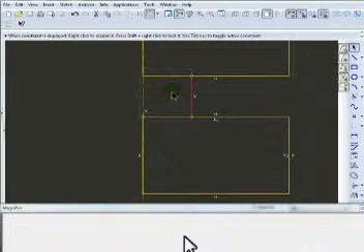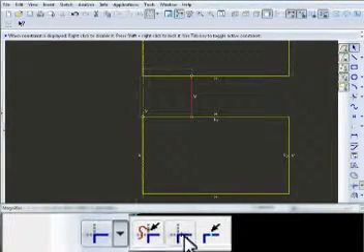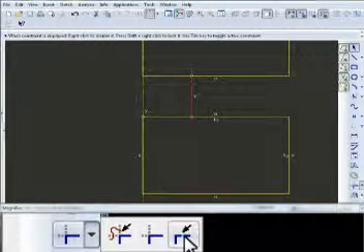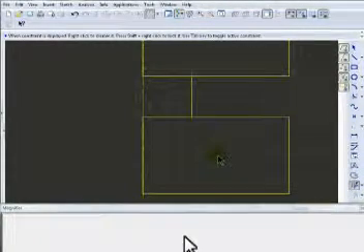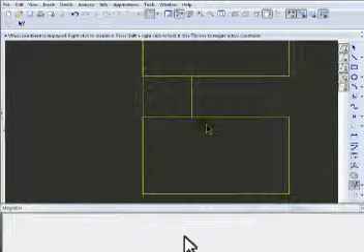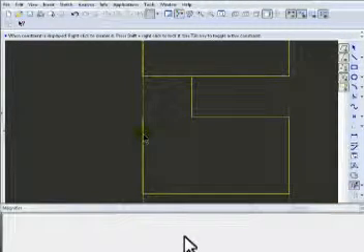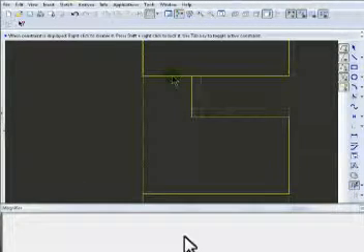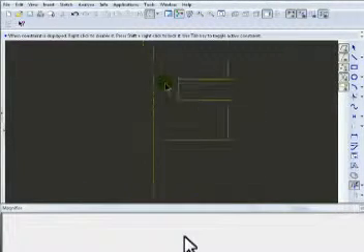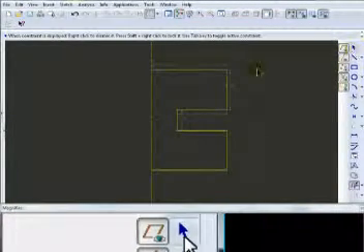Now to trim those, you go to the trim tool. This is dynamic trim, this is corner trim, and this is a divide point. We'll be using the dynamic trim, which removes any portion of a geometric element that you click on. So you click on the part you want to remove. This is a line we need to remove, so is this one, a third, and a fourth. Now if you look, you have all the geometry that you need, and you need to mirror this about the